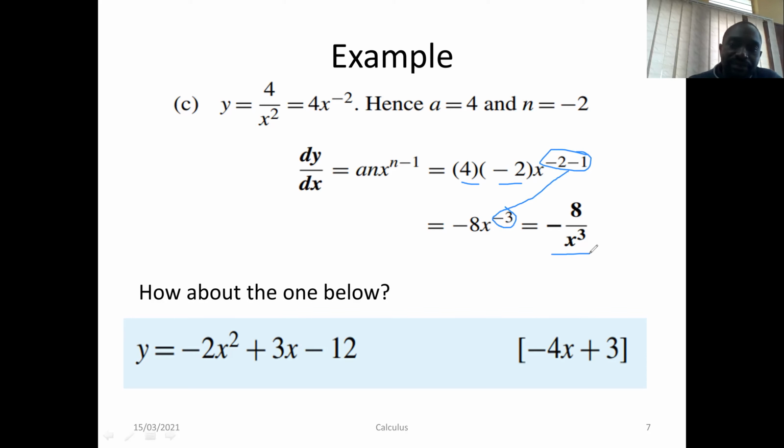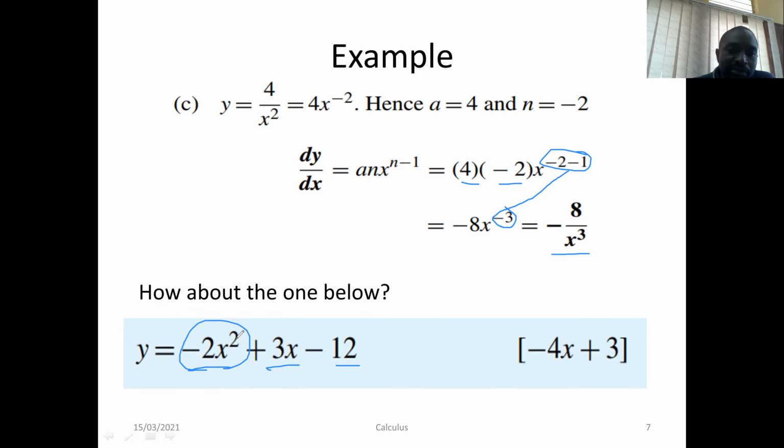We can try now another example which involves more than one term. In this case, we may have y equals minus 2x squared, which is the first term, plus the second term 3x, minus 12, which is a constant here, the third term. And to differentiate y with respect to x, we do it term by term. So beginning with the first term here,